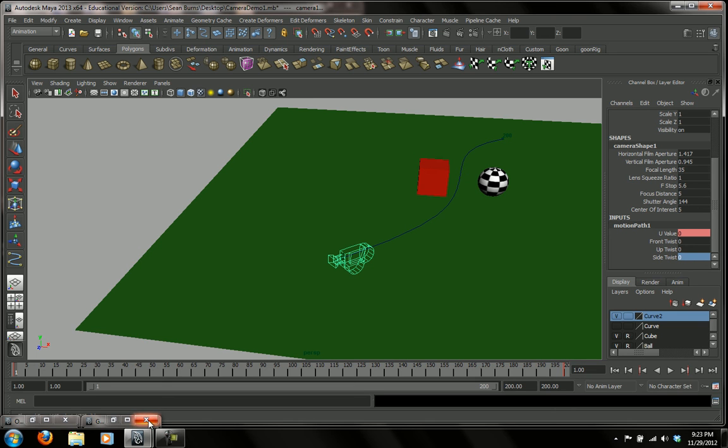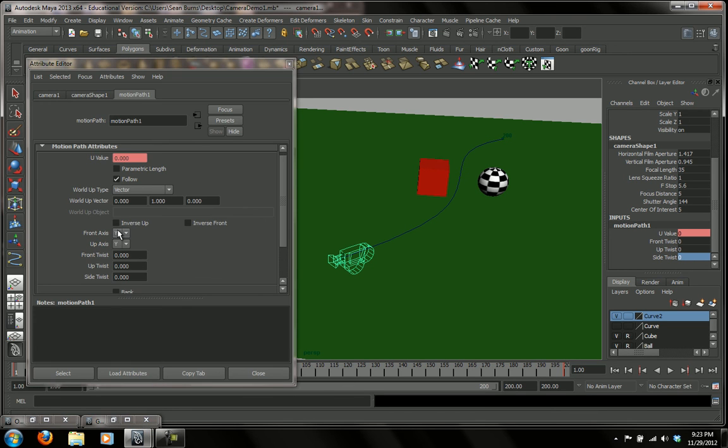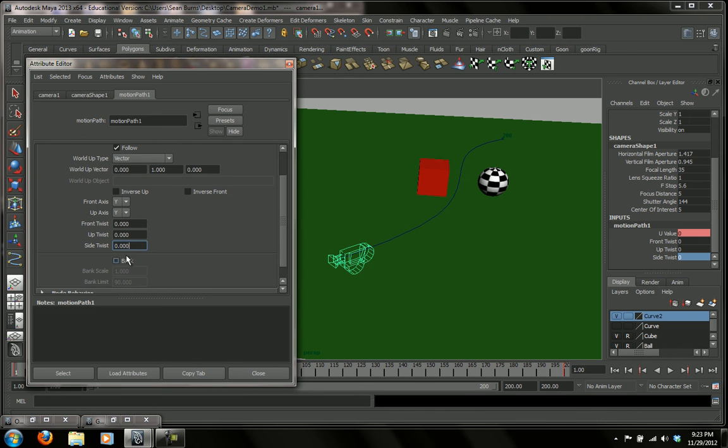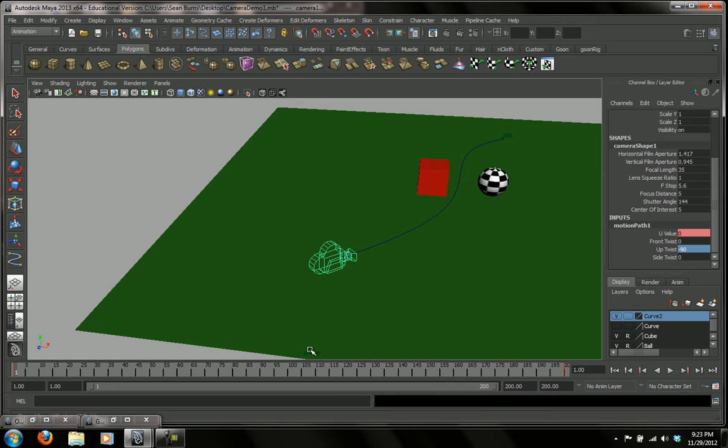Let's go into my attributes again, and let's see if we can change that to X. Maybe if we do the up twist, yeah, maybe that's why it was going a little crazy. So I'm just going to change my up twist, -90. Let's go -90, and it's going to follow the path